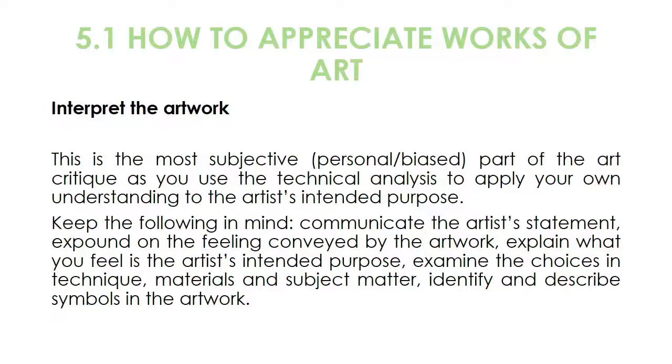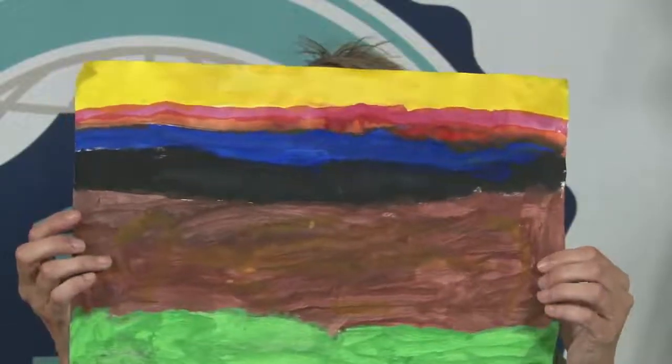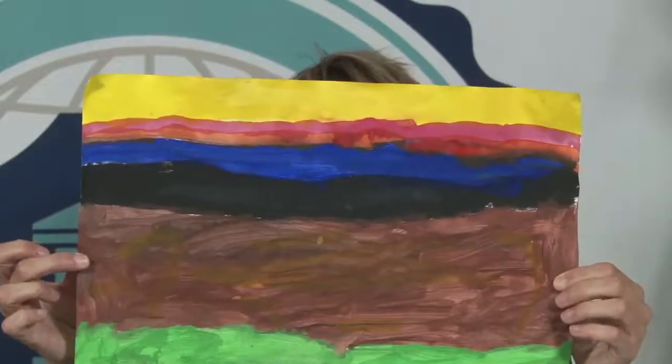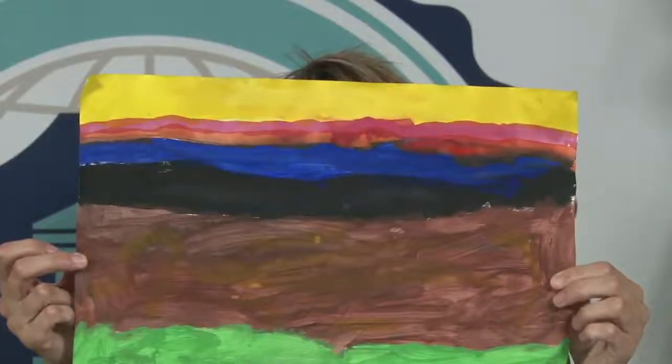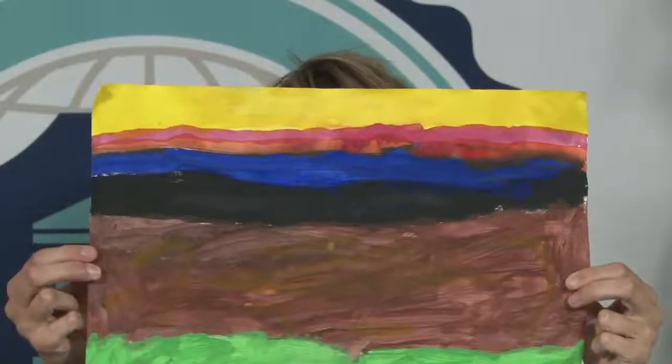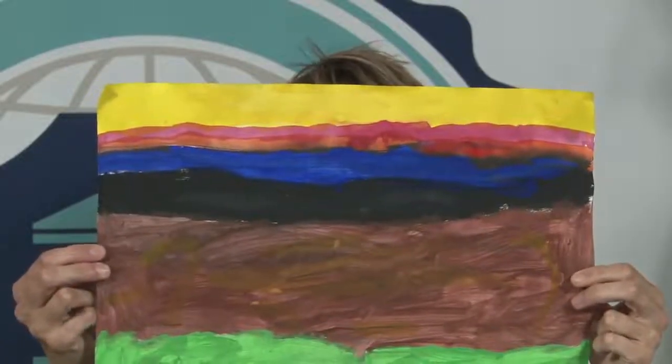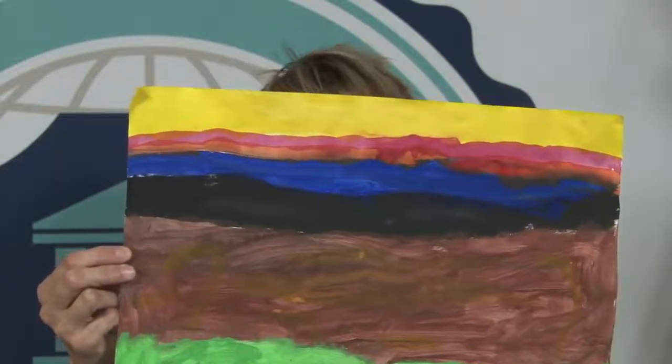Now, if we try and interpret this artwork of the sunset using vivid colors, I would say that not only does the use of vivid colors portray the brilliance of Namibian sunsets, but I would also say that maybe this picture symbolizes all the different contrasts in the Namibian landscape. If you think about it, in the west and east, we've got deserts. In the north we've got luscious green, and down south we've got more savanna-like.